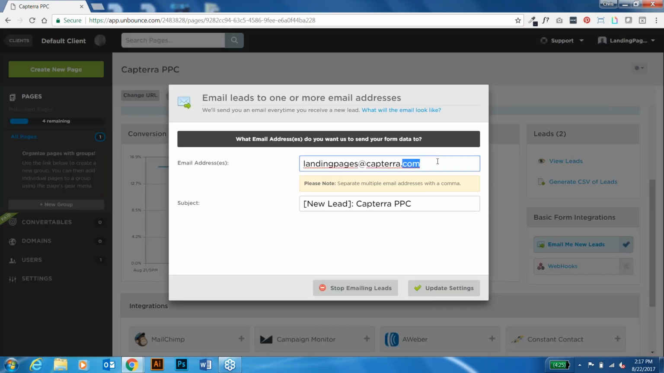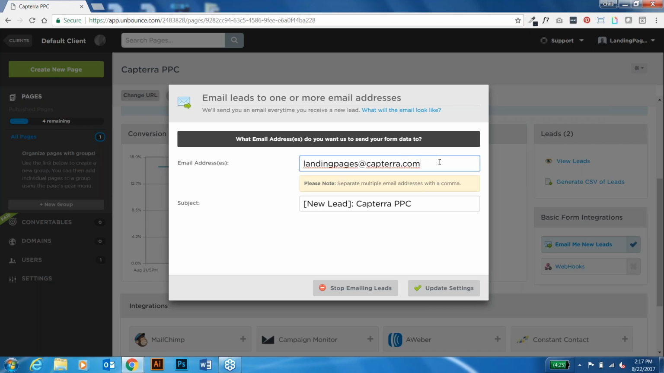So right now it looks like we have it set up as landing pages at Capterra.com. Anytime someone fills out the form on that page, they'll receive that notification, and you can add multiple email addresses here. You just have to add a comma and a space. So I'm going to add mine here,